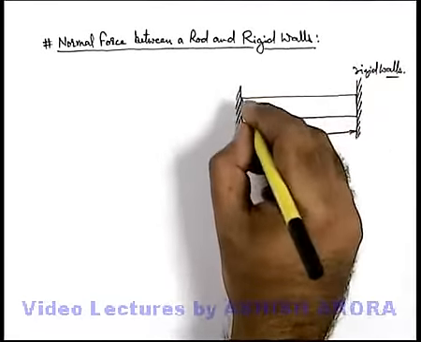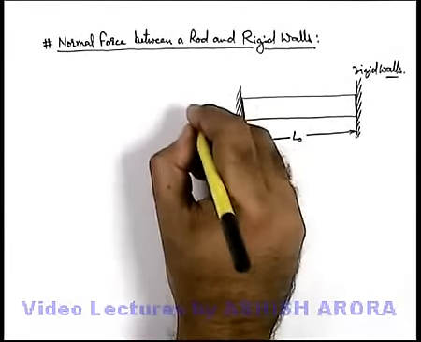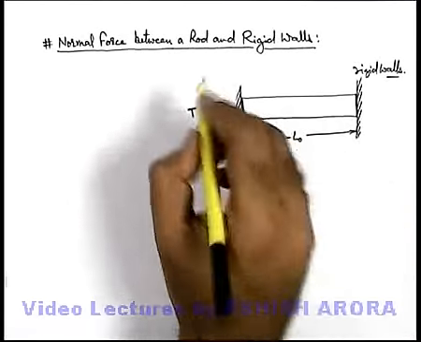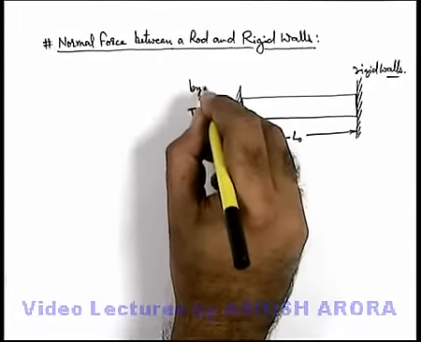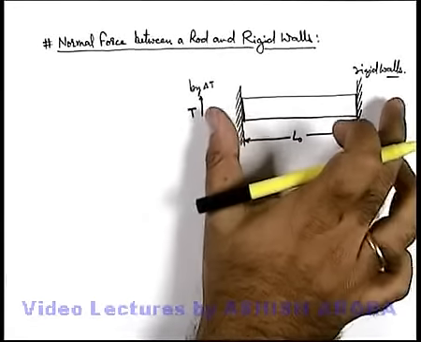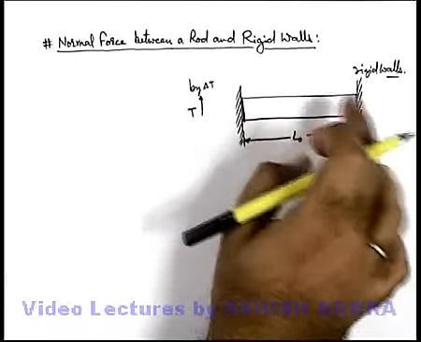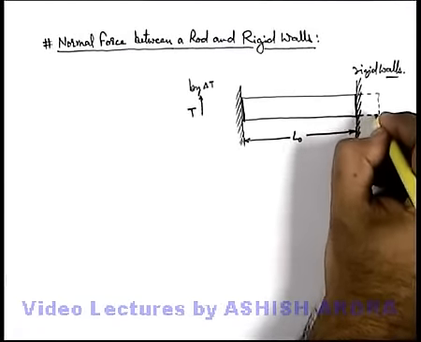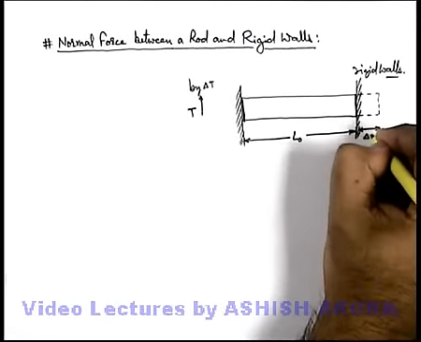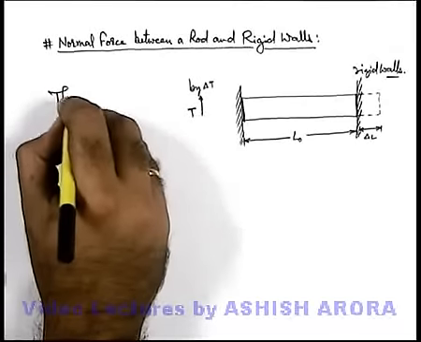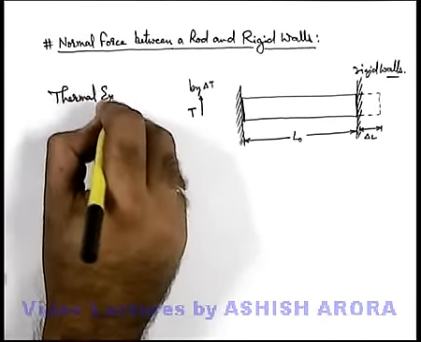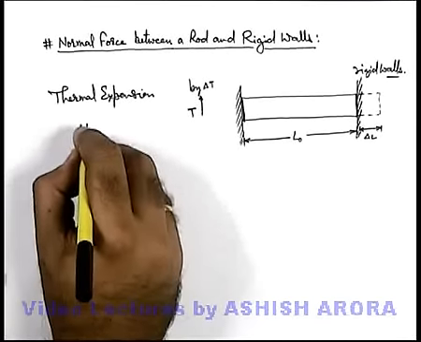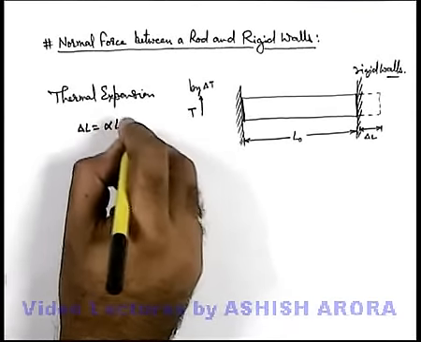And we know well if the temperature of this rod is decreased, the rod will contract and it will fall down. But say if temperature is increased by delta T, the rod will have a tendency to expand. And if say one wall is there and the other is not there, certainly it will expand by length delta L, where we can write thermal expansion due to rise in temperature by delta T is delta L equals alpha L naught delta T.